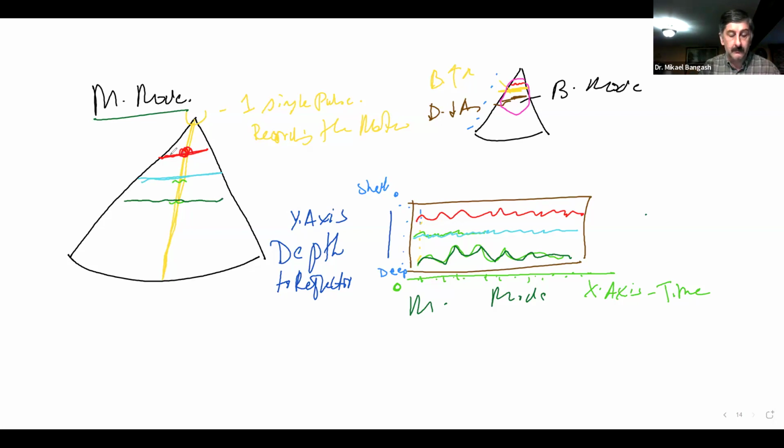at this point here, over the course of time is going to be displayed like this. Likewise, the degree of motion of this reflector here, or this structure here, over the course of time is going to be displayed like this. And likewise, the degree of motion of this reflector here over the course of time is going to be displayed like this. So here we can say this structure is mainly going to be a structure that